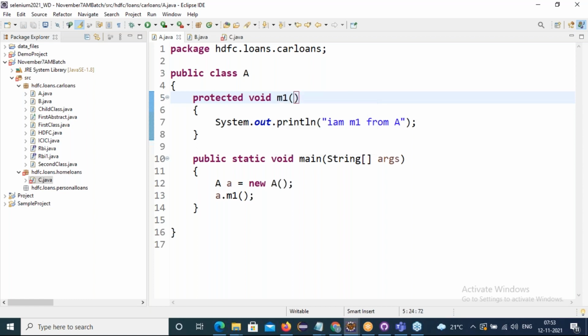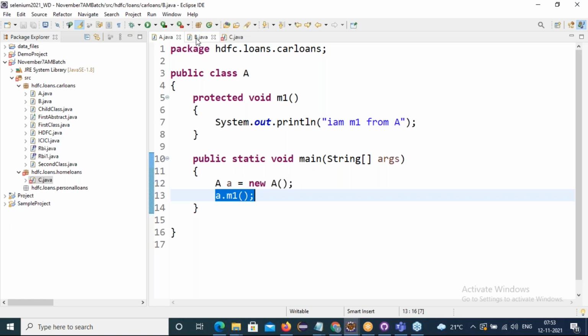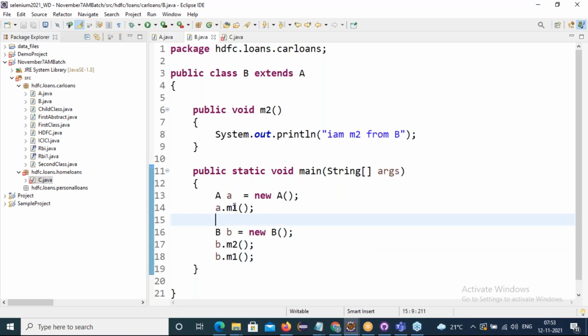Where can I access protected methods? Within a class, happily I can access protected methods, no doubt at all. Coming to the same package, another class: here also we can access protected methods with the parent class reference variable as well as the child class reference variable. No issue at all.